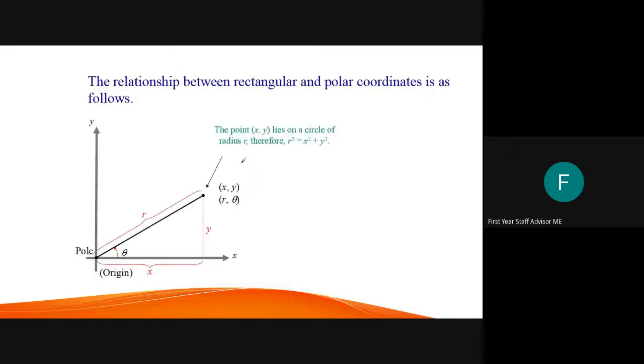Now, is there any relationship between rectangular coordinate system and polar coordinate system? That is what we are going to discuss. Suppose you want to convert a phasor in polar form to rectangular form, or from rectangular form to polar form, is there any method, or is it easy to convert? Is there any formula to convert it? Because whenever you want to add or subtract two phasors,